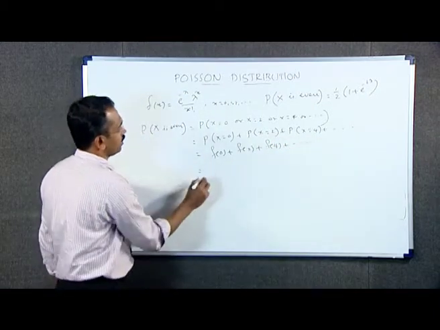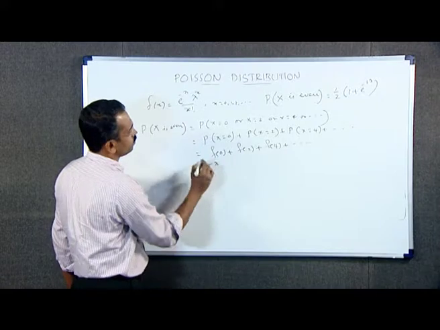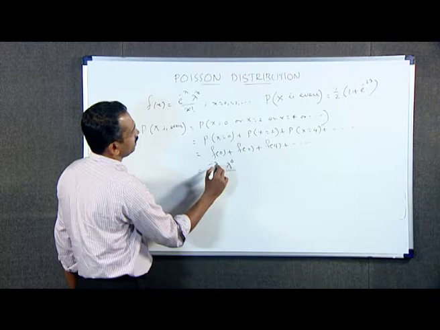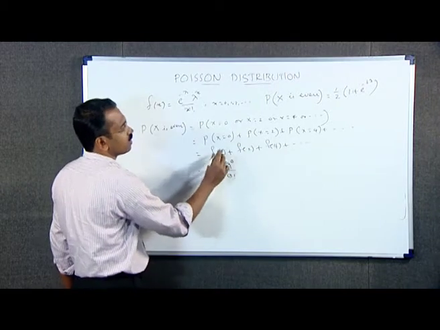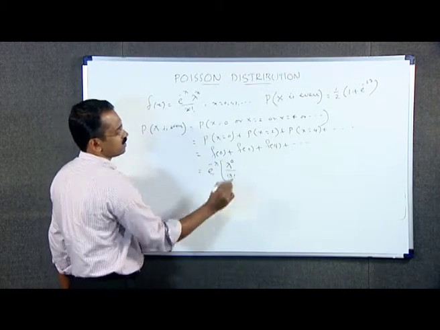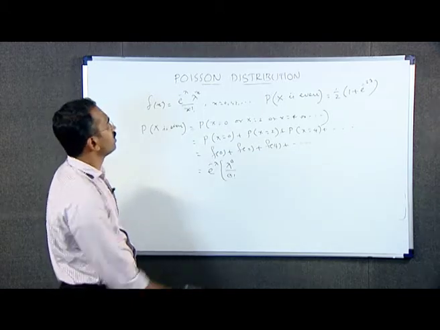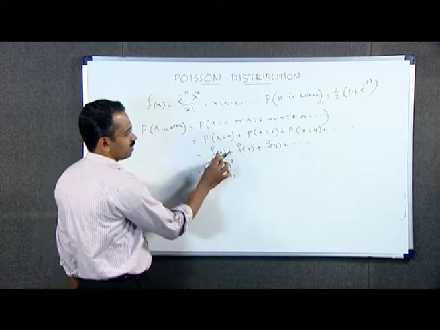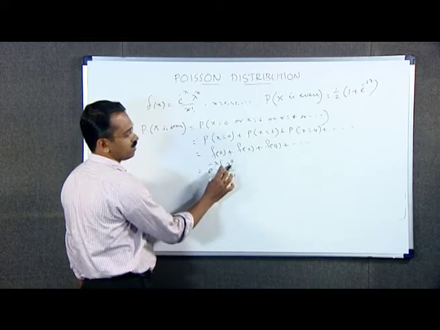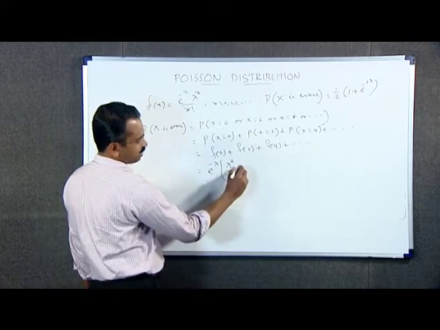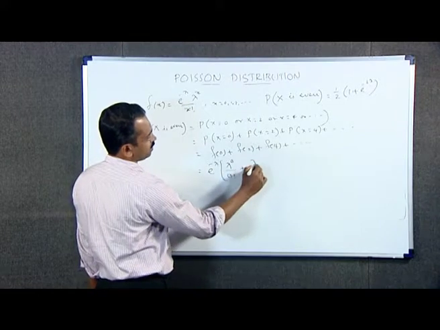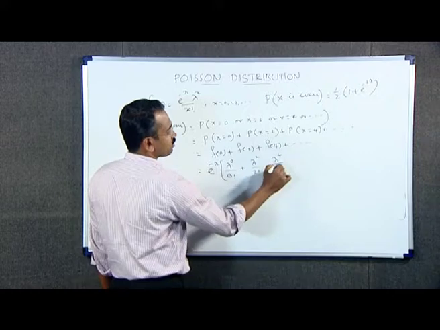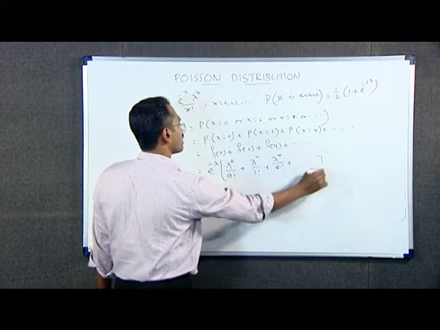Which is equal to e raised to minus lambda into lambda raised to 0 divided by 0 factorial. Here we can take e raised to minus lambda as a common factor because it is independent of x. Therefore, f of 0 is e raised to minus lambda into lambda raised to 0 divided by 0 factorial plus this is lambda square by 2 factorial. This is lambda raised to 4 by 4 factorial plus etc.,